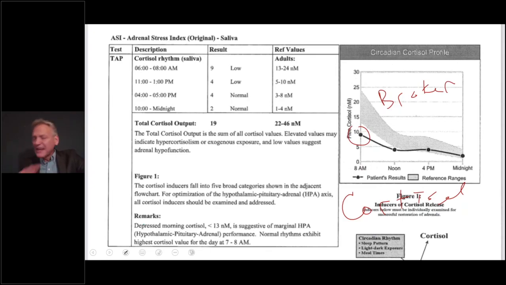Now, here's what I would do. Since you've run this test, this is what I would do. You have to manage blood sugar. You've got to address food sensitivities and do basic digestive things. Make sure HCl is good, digestive enzymes, bile flow, follow food sensitivities. These are basics, right? These are basics. But what I would do in this patient,